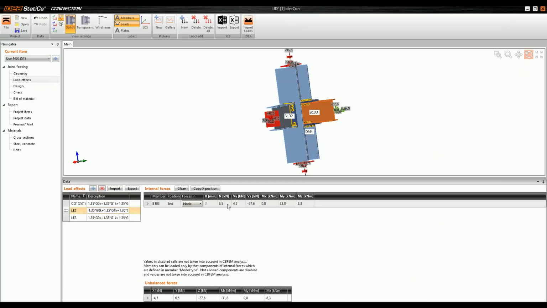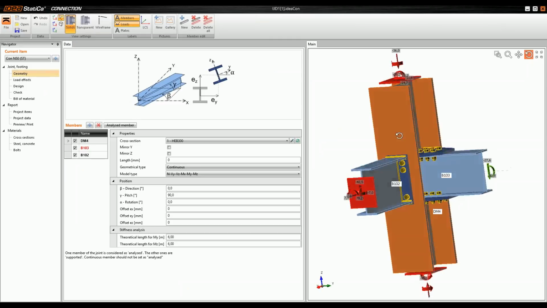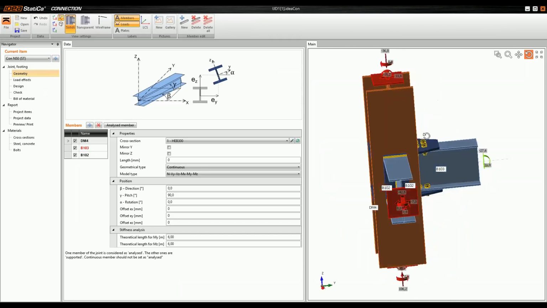Here in this one, we will delete all and leave there only the my. So, and the second one, so we have prepared the loads and go back again to the geometry. Here we decided to